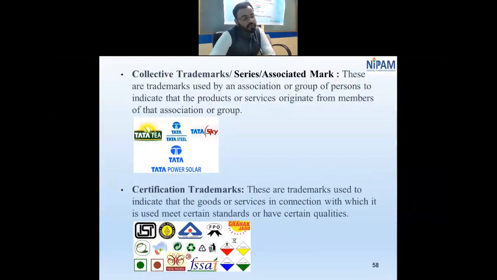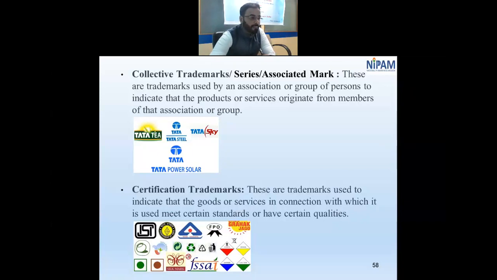There could also be collective marks. For example, Tata as an organization has so many subsidiaries. It has Tata Steel, Tata Sky, Tata Power Solar. So Tata as a logo has a main holding company, and all the other subsidiaries combined together will correspond to a collective trademark. Then there are certain certification trademarks, eyesight trademark, foresight trademark,